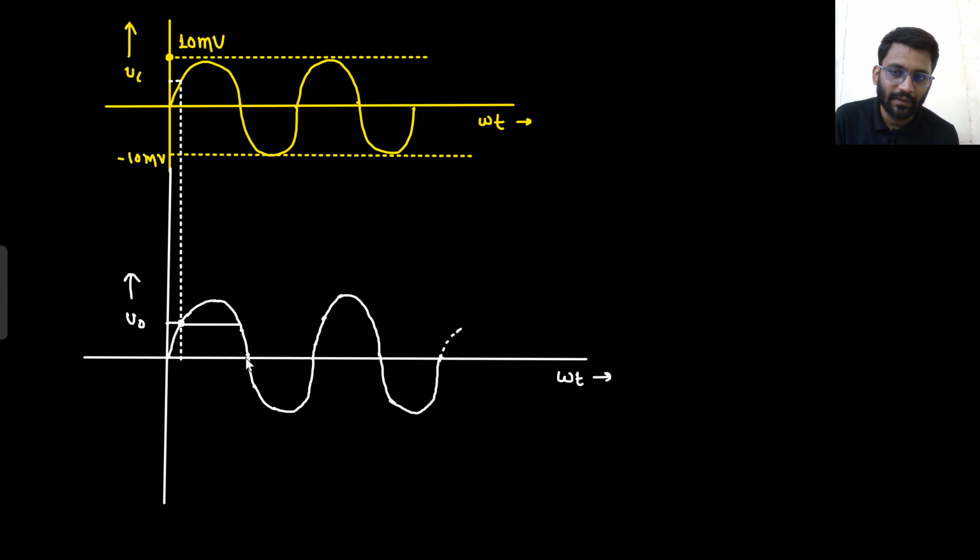That's it. This upper portion will not come. This portion will not come. The waveform would look something like this, that it was increasing then saturated to 5 volt. That's it. Okay. It was increasing and then saturated to 5 volt. Well and good,